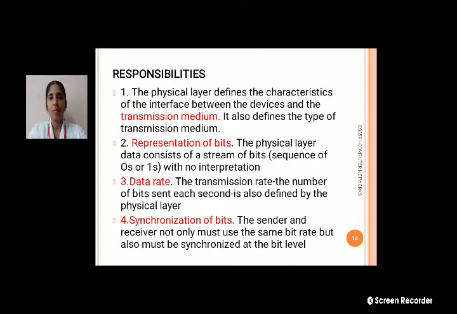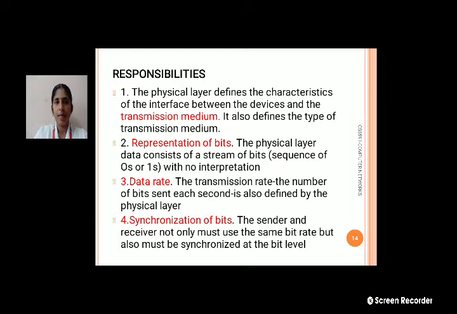What are the responsibilities of the physical layer? The first responsibility is the transmission medium, used for sending and receiving the data. Then the representation of bits: everything should be represented in the form of bits, a sequence of zeros and ones with no interpretation.